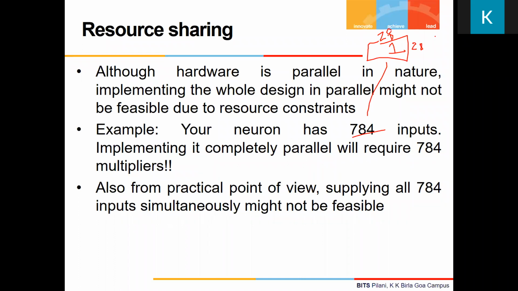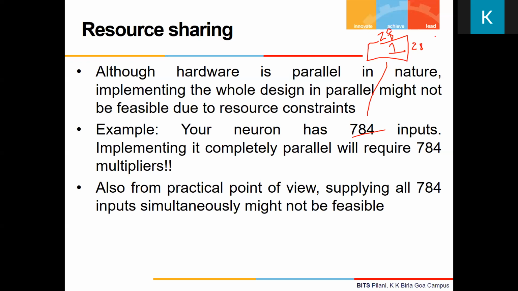Now if I do it in parallel, inside one neuron I will need 784 multipliers, and I need some adder which adds the 784 multiplier outputs together. If you do that, there are two issues. One, if you take a typical FPGA using the DSP slices for multiplication, and one neuron takes 784 multipliers, you cannot implement more than 5 or 6 neurons inside one FPGA. And using that, you cannot make any real network. That's a drawback, so we don't want to do 784 multiplications in parallel.